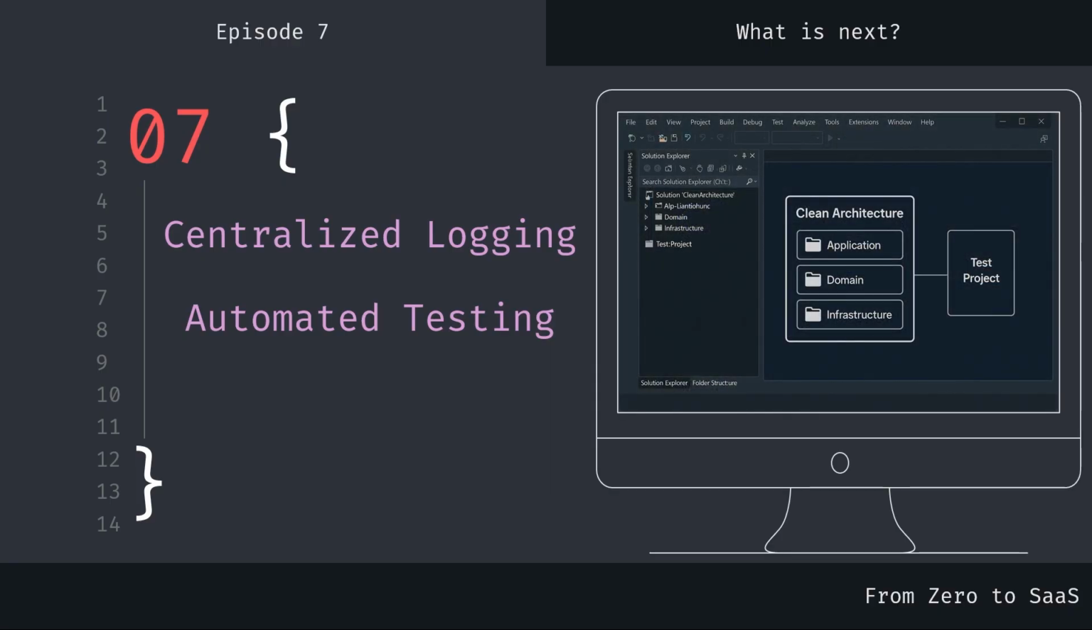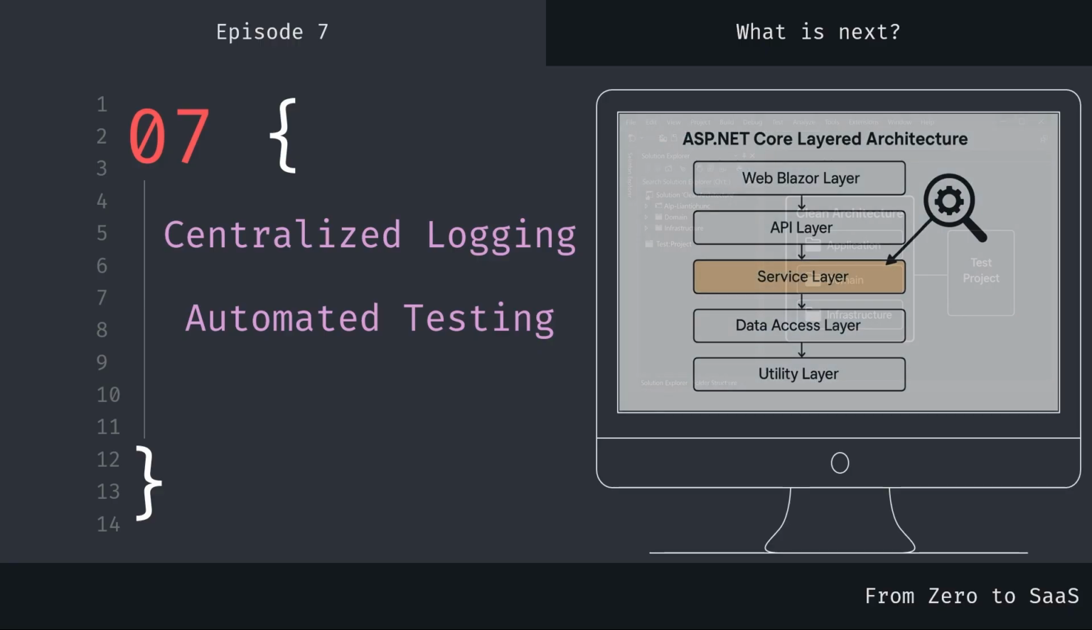For the testing part, the first step is to set up our testing environment. The best practice in .NET is to keep your tests separate from your main application code. It keeps things clean and organized. So we're going to create a brand new project in our solution, specifically for our tests. For now, we'll focus our initial testing efforts on the service layer of our application. This is where our core business logic lives, and testing this layer thoroughly gives us a lot of confidence in